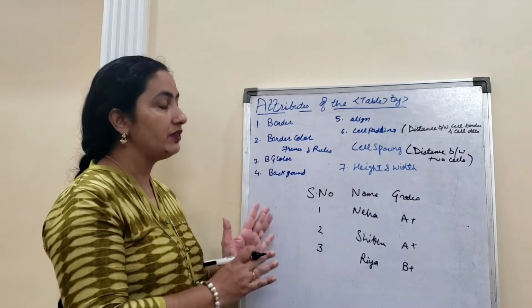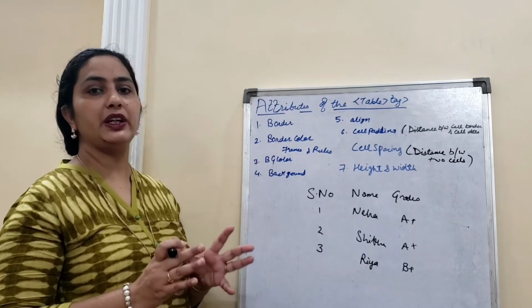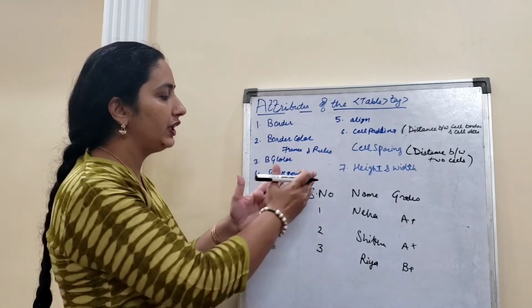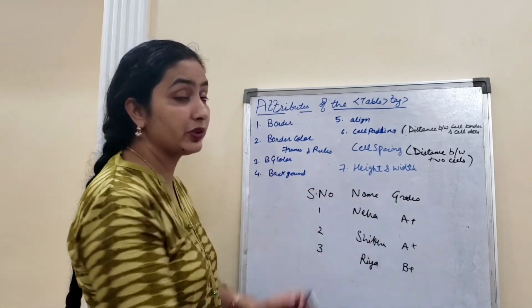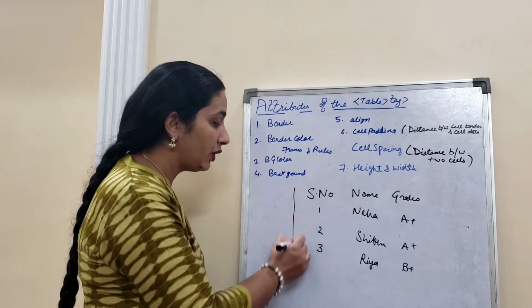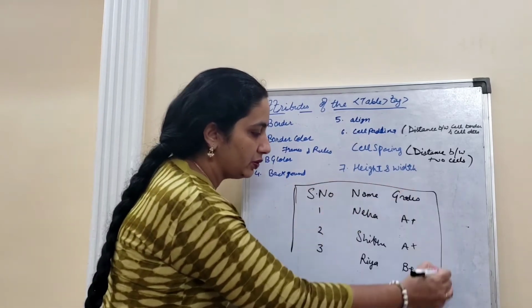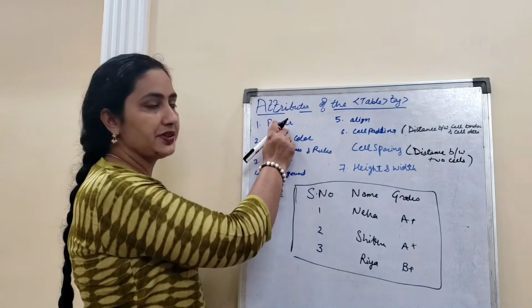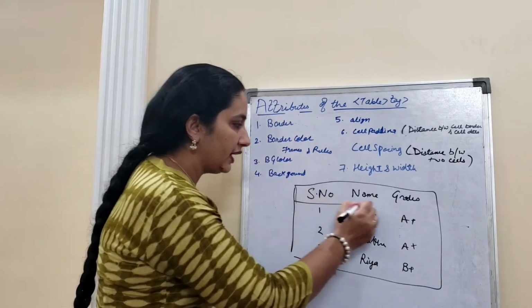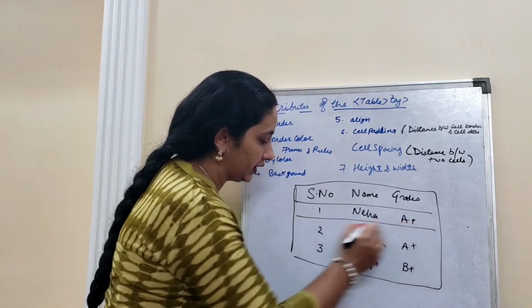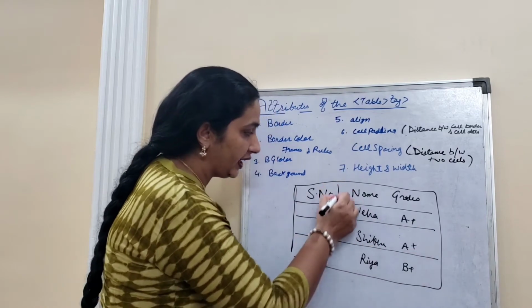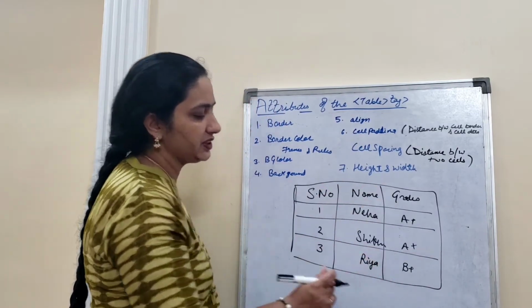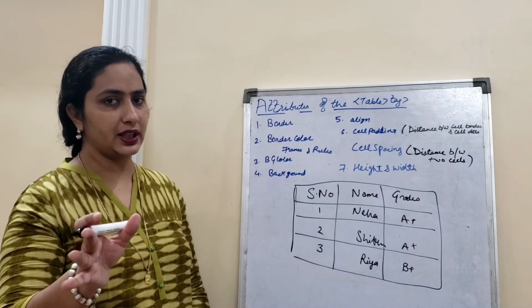So you can see, without border, when you are simply creating your table tag, you will get only your data in the form of rows and columns. But if you want there to be a border, then you have to use the border attribute of the table tag, otherwise these lines will not appear. Now in these lines you will find different frames and rules, though that is not in your syllabus.